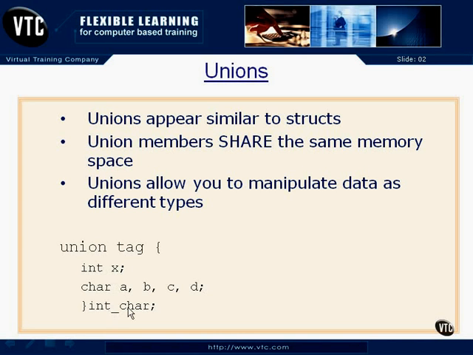So an int char can be set equal to int char dot A, int char dot B, dot C, and dot D for those members, because those are 4 different members of the union. Or int char dot X can be set equal to an integer value. And it's very interesting. You can do some interesting address manipulation, variable manipulation, working with bytes out of a larger